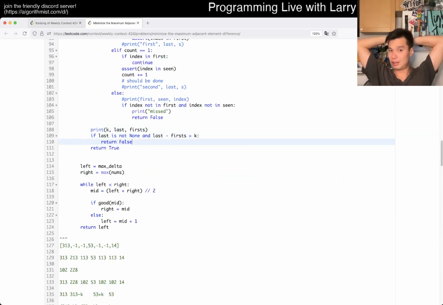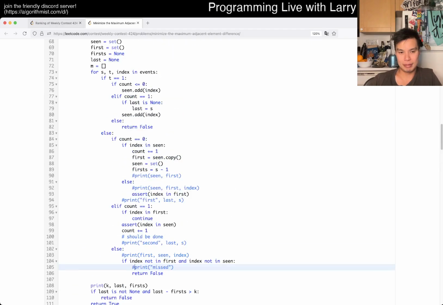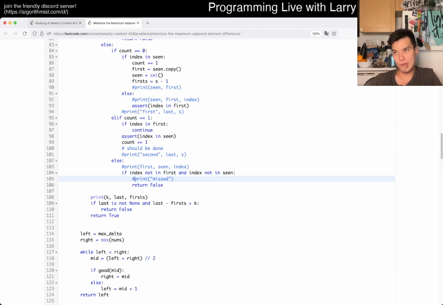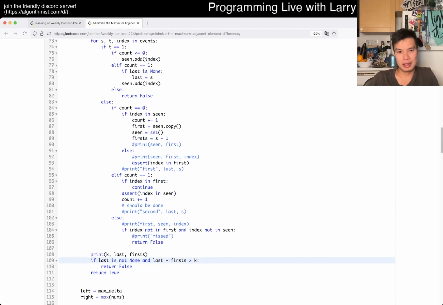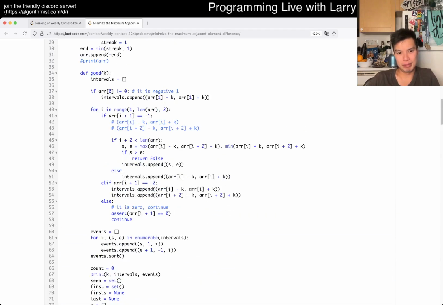Is it just case analysis? I don't even know anymore. Okay. So this is if there are only two adjacent ones, right? So in this case we go